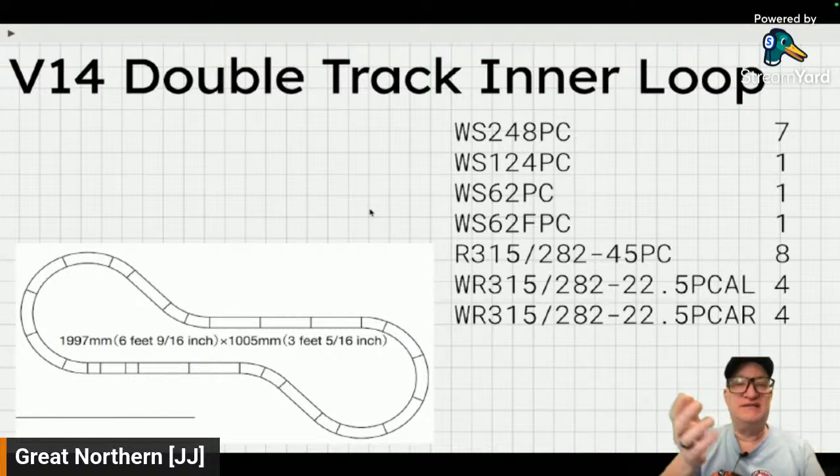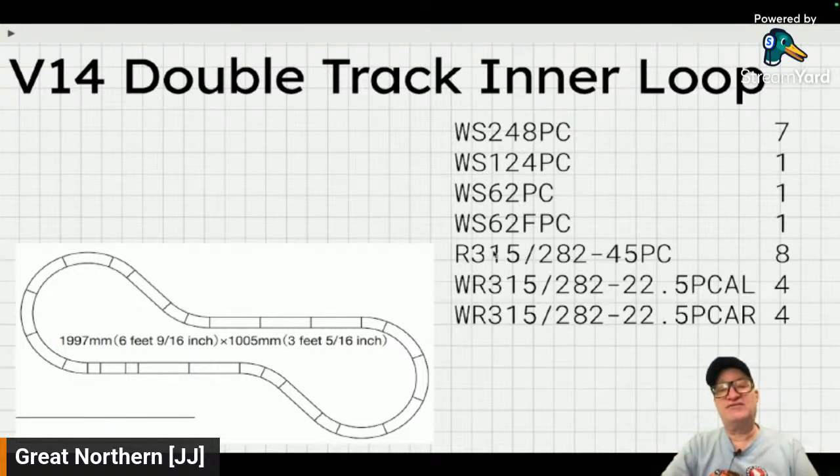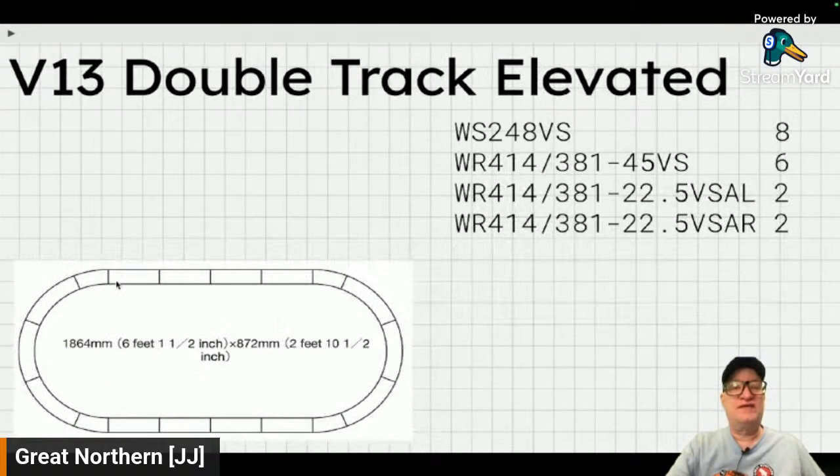V14 is the inner version of that, and you'll see that the radius is tighter here. So 315 and 282. I'll show you in a moment after I get through this presentation. I've got some live pieces of track that I can show what these things look like. And this is that same kind of thing. This would fit inside of